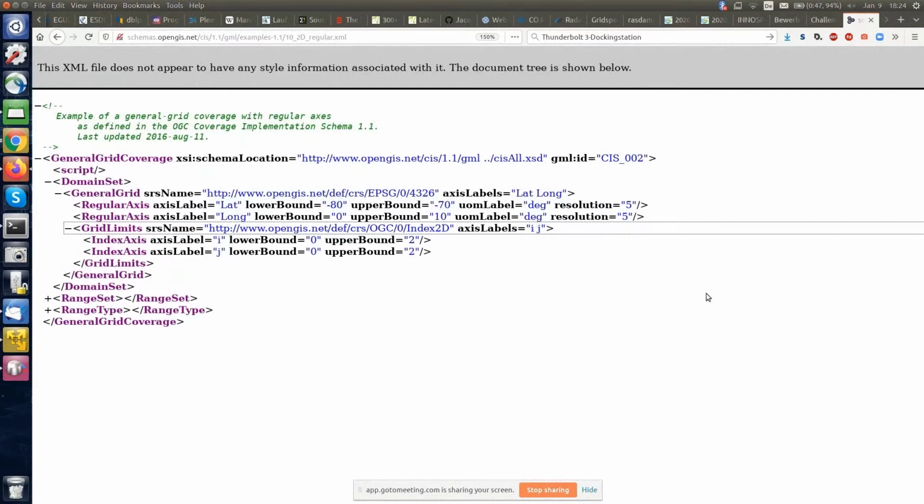Then you don't find the schema directly, but you have to choose which you want. We go into GML here, and then you find examples specifically for coverages 1.1. So that gives you a large number of examples. And if you now go into the simple thing 2D regular, I can enlarge it here. And we see if we collapse everything, exactly that structure here, domain set, range set, range type. Okay, let's look into the domain set a little bit. We find a grid,